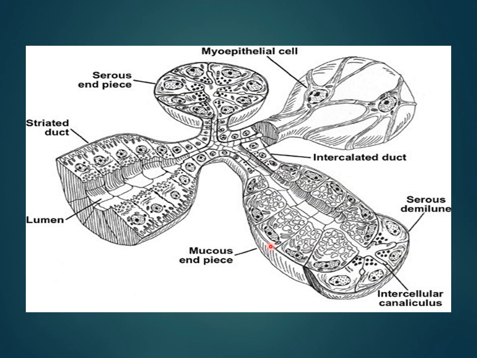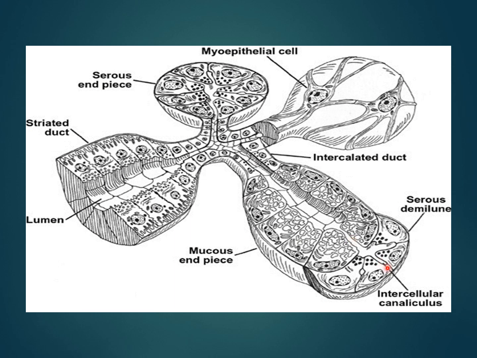This is the mucous endpiece or secretory endpiece with the mucous cells. It is tubular or round in shape, pyramidal cells. Here you can see a tubular-like shape. Each cell is larger than in the serous endpiece and each cell is almost pyramidal in shape. Then they have a large lumen. This is the large lumen.